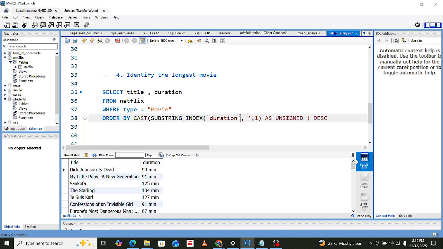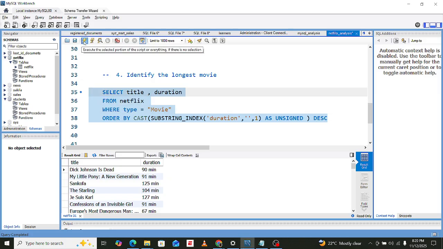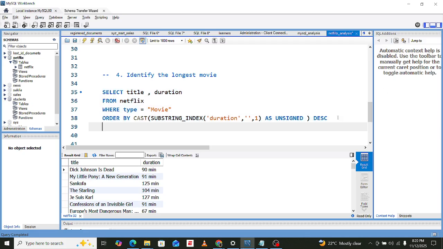I think I've used the wrong speech marks. Let me try and execute this once more. You notice that we have this now on the substring underscore index. If it's in descending order, then maybe we can limit this by 1.